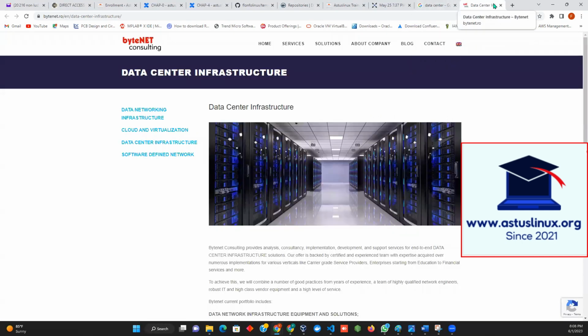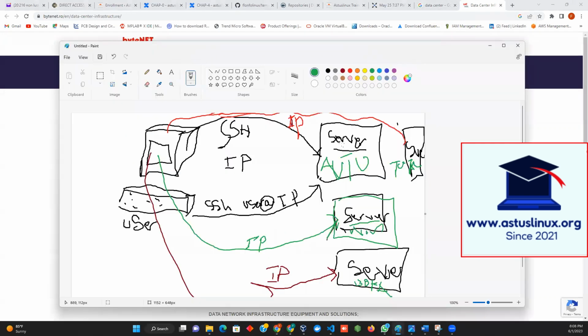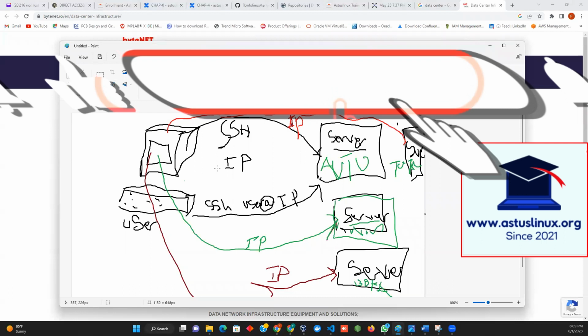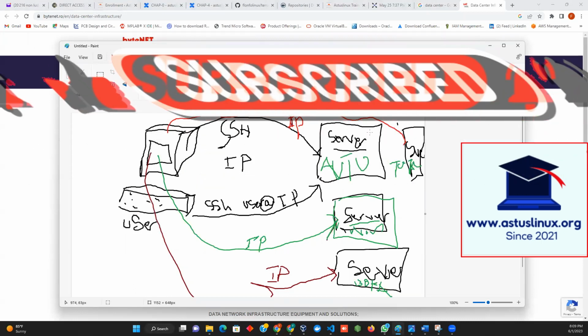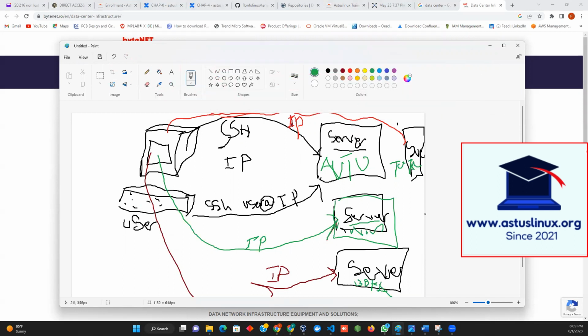So it was really clear. I wanted to make this part clear for you all to understand the concept of having the IP address, how to SSH to the IP address, and how, as a user, you can SSH to this server, okay? Because this server has an IP address, okay? And you just do what? User